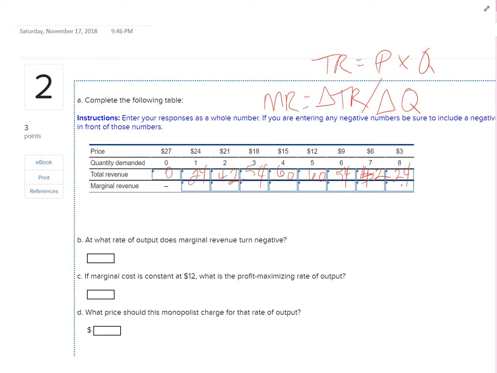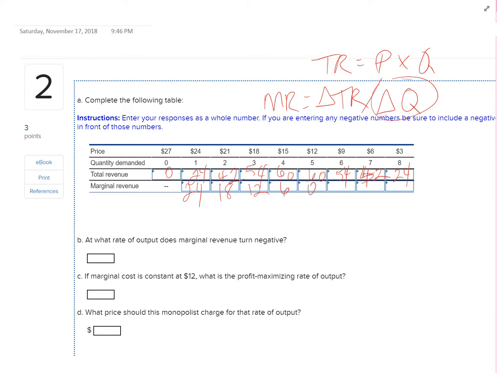Marginal is simply the change in total. So from 0 to 1, we have a change in quantity of 1, so that's in the denominator. It's not going to be an issue. The change in total is 24, so it's going to be 24. From 24 to 42 is 18, and 42 to 54 is 12, 54 to 60 is 6, 60 to 60 is 0,